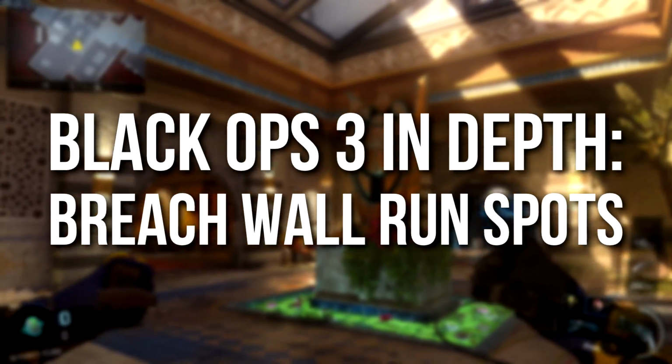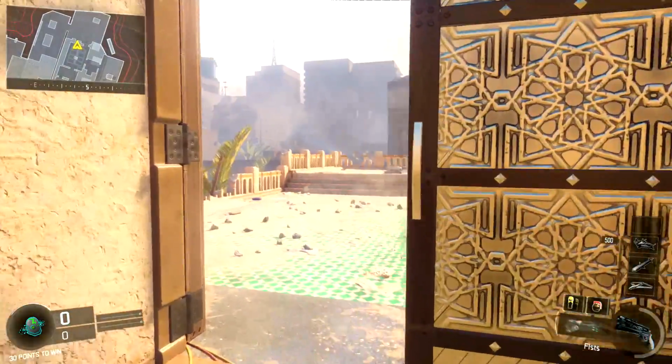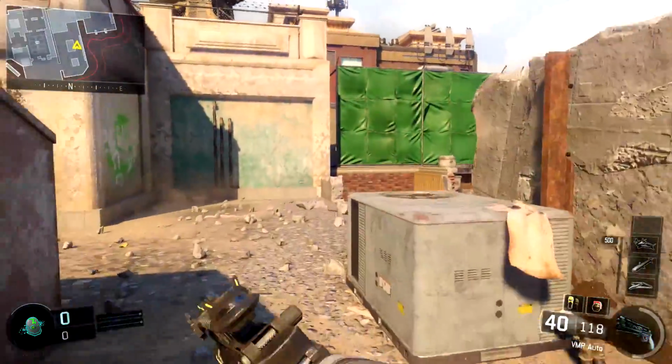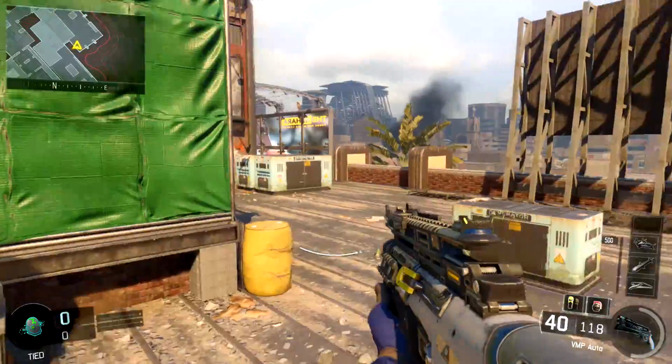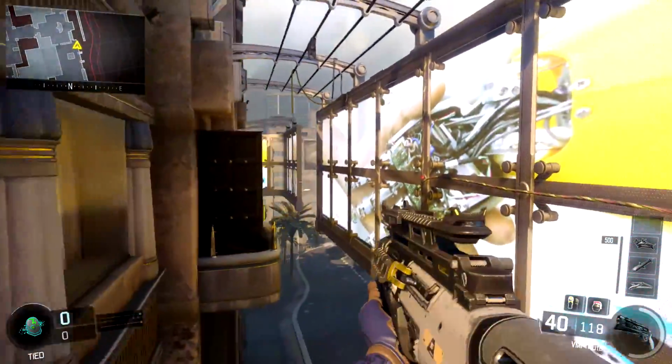In today's episode, I'm going to be showing you all of the wall run spots on the map Breach, which is the Egyptian themed map. This map has a couple of very obvious looking wall run spots, but they can be chained into some pretty ridiculous ones. We'll start off with the obvious ones just so that we don't miss them, and because they chain